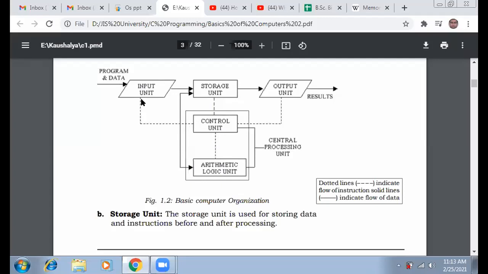And the control unit gets that instruction from where? From the input unit, or from the user. Because the control unit is the only intelligent one inside this computer system that can decode the instructions from the user. No other unit can decode the instruction from the user. That's why the control unit is called the brain, the gray matter of the computer system.